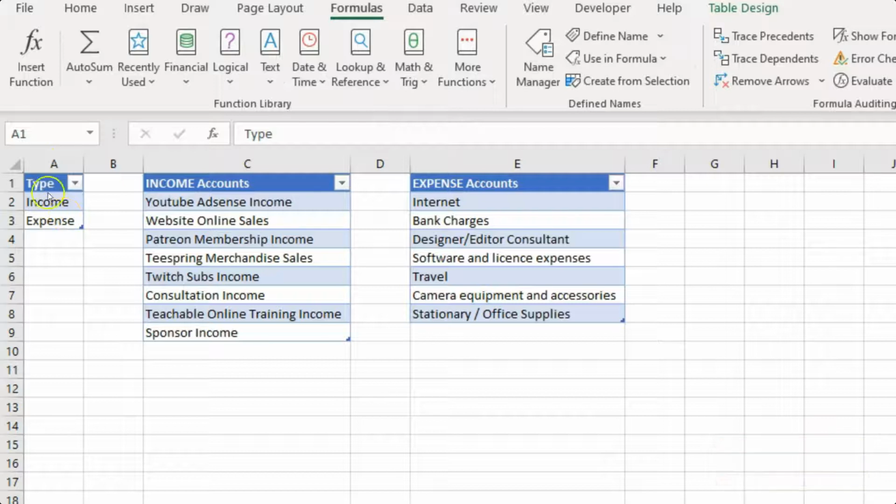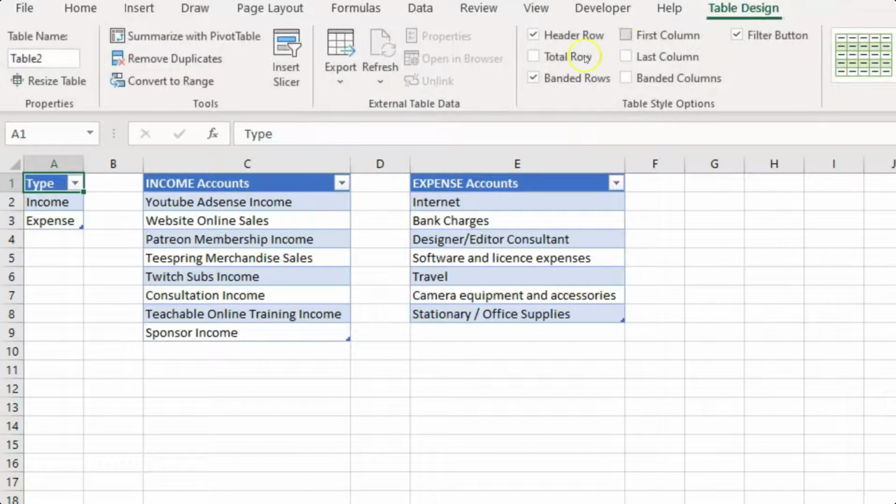So now I will go and click on the first one, table design on the top right of the menu list. Then on the top, we want to call it type, enter. The next one we want to call income. That's our income table, enter. And the next one being expense,